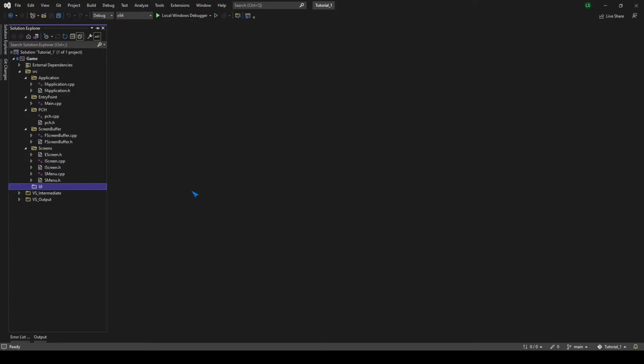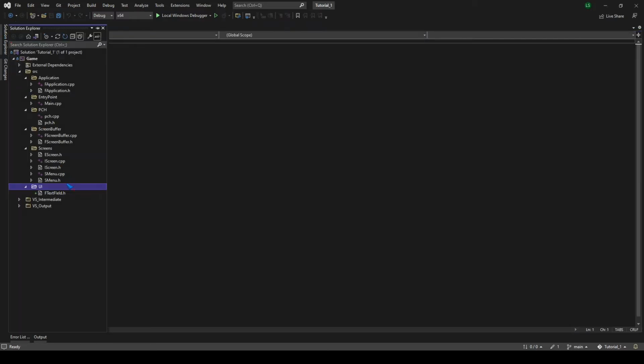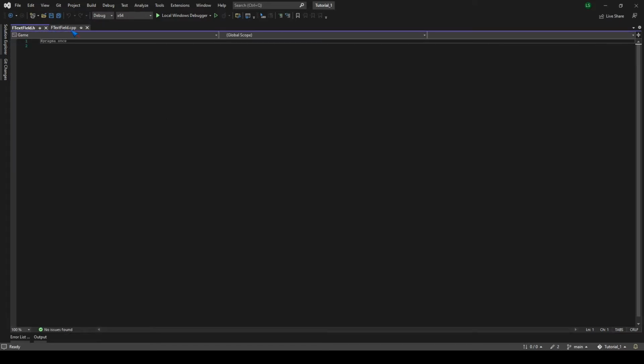And in UI, first we are going to create the simplest one, text field, and also text field cpp. In the cpp file, include pch, pch.h, include